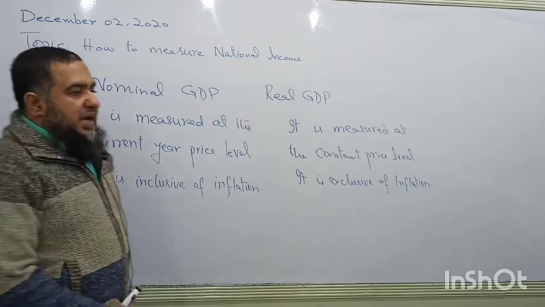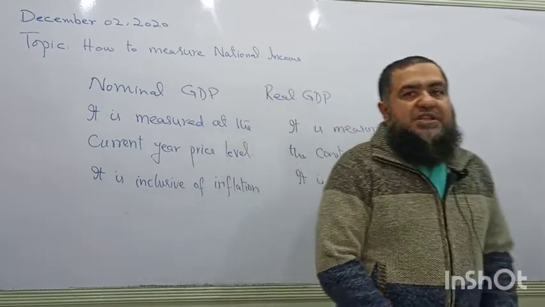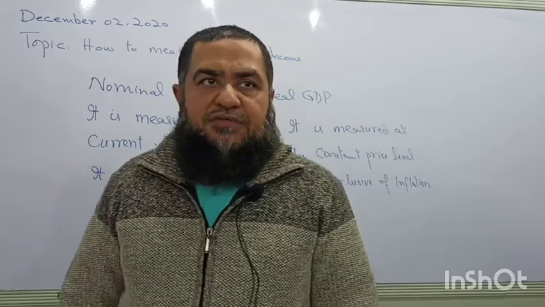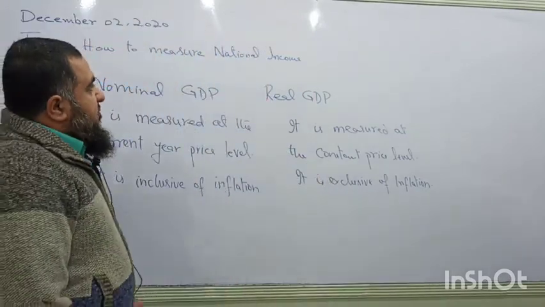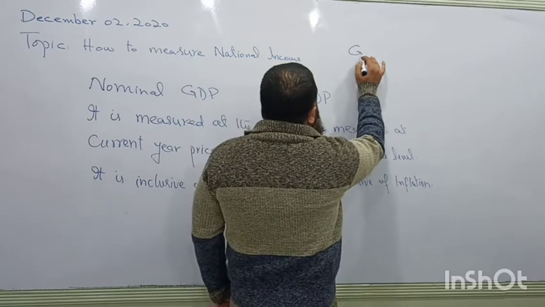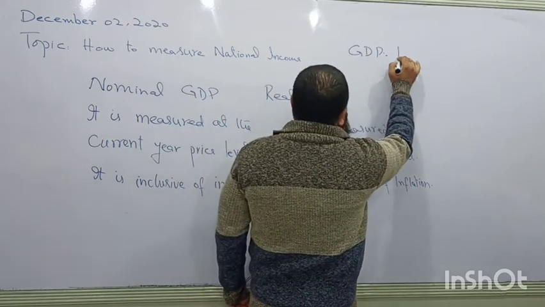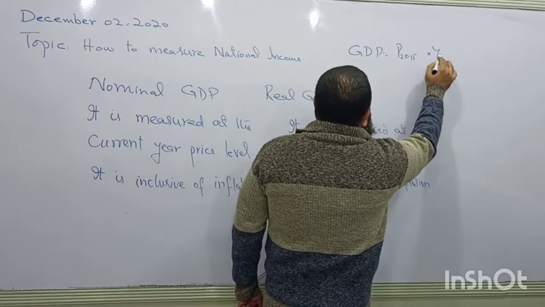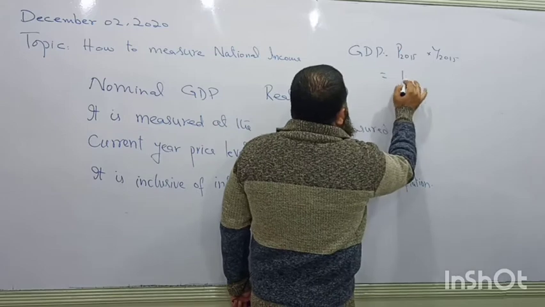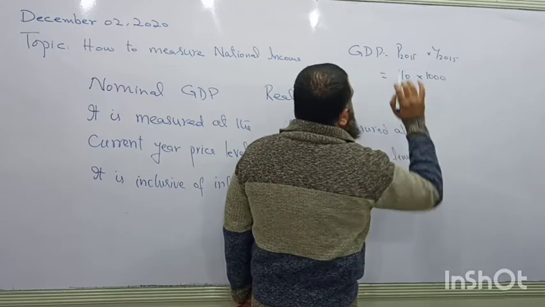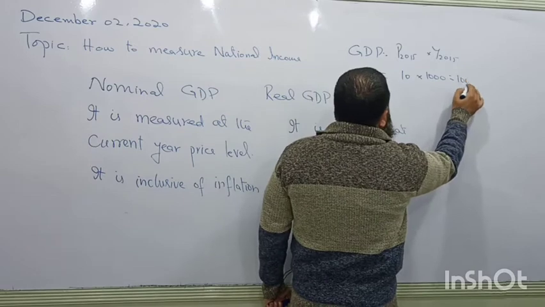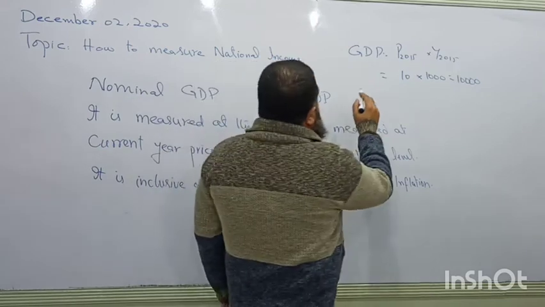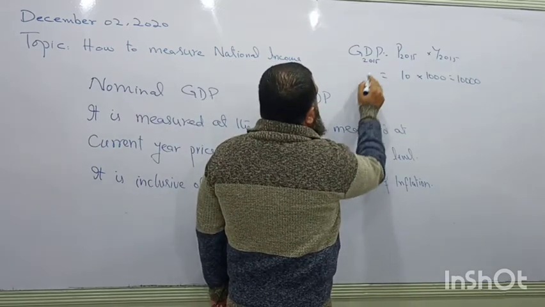Why do we have trust in the real value of GDP rather than the nominal GDP? In nominal terms, sometimes prices have increased at a higher rate as compared to the level of output which is being produced. For example, if we measure GDP at current year prices of 2015, multiplied by the output of 2015, the price level is 10 and 1000 output is produced. How much is the value of GDP now? 10,000, you can say. Okay.